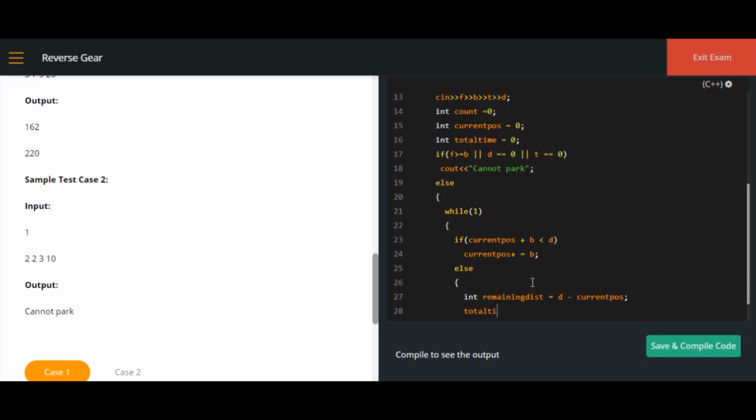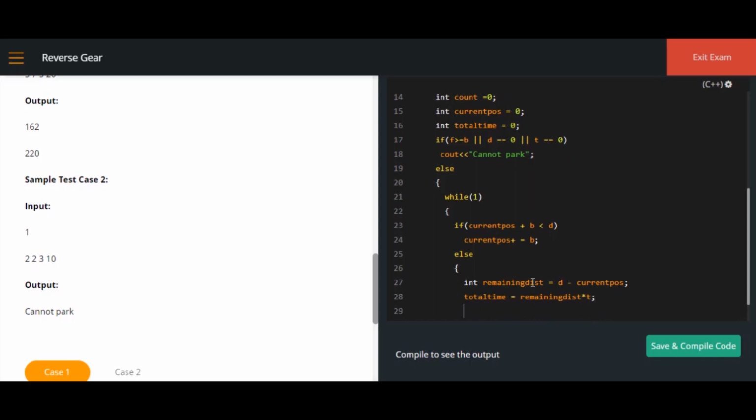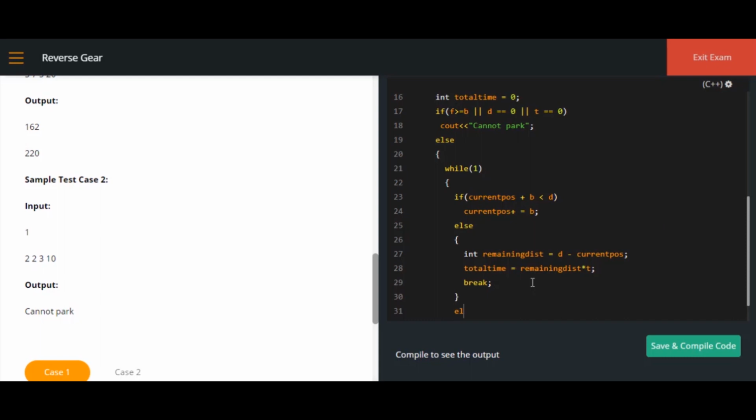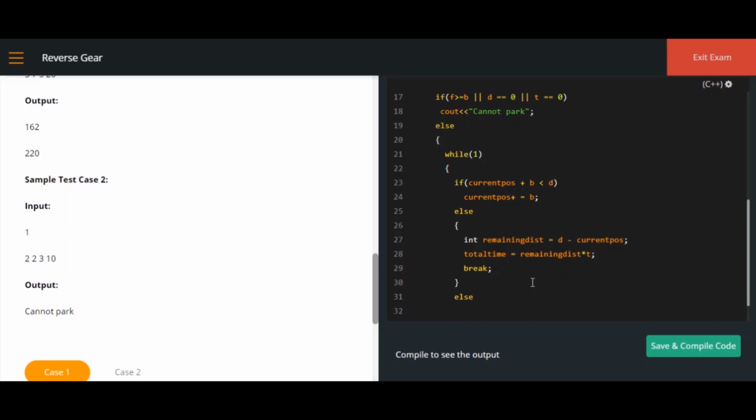Let's calculate the total time for the remaining distance. So it would be nothing but remaining distance into t. Now, once this is done, you need not go forward. Simply break the loop. If this is not true, then you have to move forward.